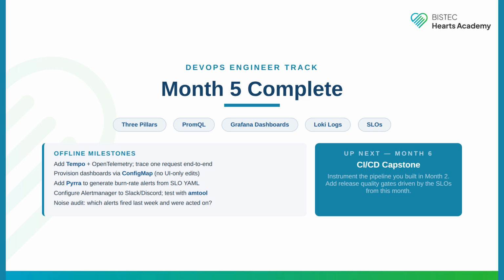Month 6 is the CI/CD capstone. You will take the pipeline from month 1, the containers from month 2, the cluster from month 3, the infrastructure from month 4, and the observability stack from tonight, and wire them together into a complete, end-to-end delivery system. The SLOs you defined tonight will drive the release quality gates in that pipeline,